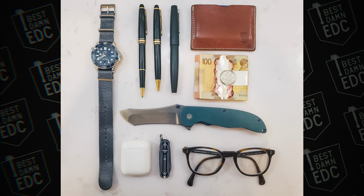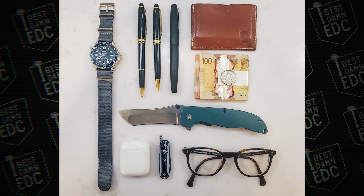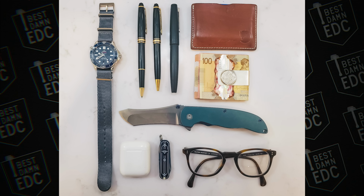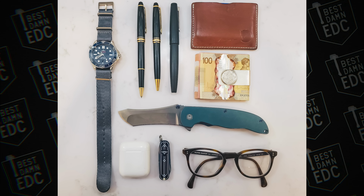And at the bottom of the photo are his eyeglasses. Those are Oliver Peoples Finley rims. He also has Apple AirPods and a silver money clip with his cash in it. And then finally, in the bottom center of the photo is the Victorinox Classic SD Nick Shabazz edition from Blade HQ. So tallying all that up, we come to about